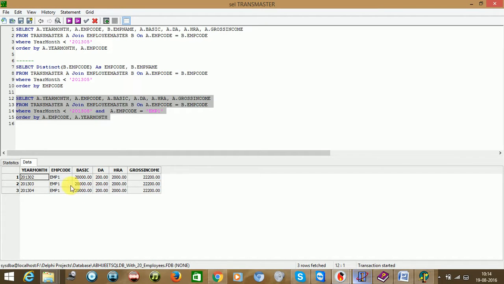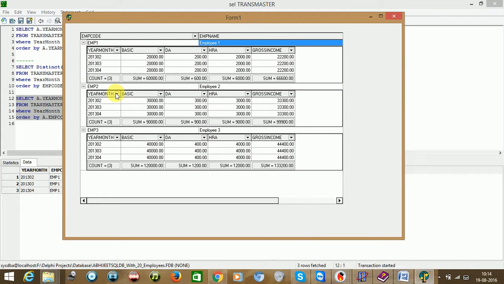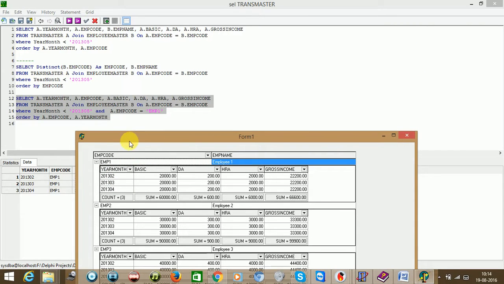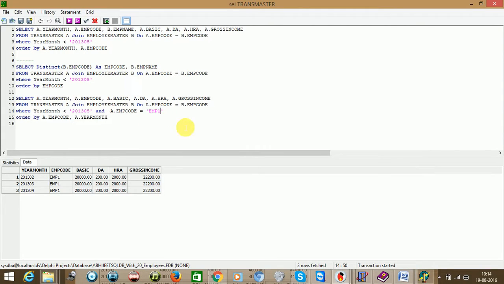See, it is 2000 here. If you see 1 3 0 2 3 4 for employee 1, all are 2000 here. So just check it here for employee 1, 2, as you could see 234 234, this is employee 1 and 2000. Now again try to see for employee 2.